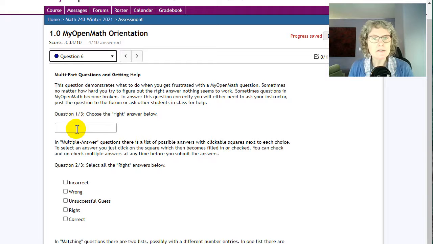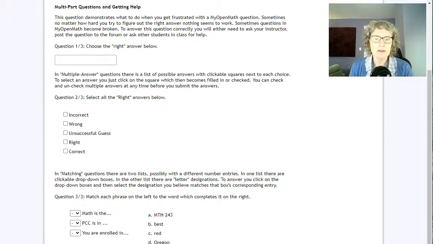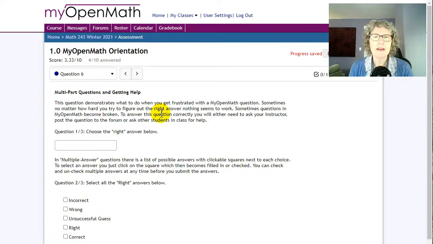This question 6 is a good question because it helps demonstrate what to do if you get stuck. There might be an error in a question, or sometimes they get broken. This is an example of that. There's actually no answer. You don't know what the answer is unless you post this one to the forum. So please, when you get to here, post this question to the forum. The link is at the bottom, and then I will reply with the answer. That helps demonstrate what to do if you get stuck, so you can practice that. Or if you think someone's already gotten to it, check the forum and the answer is probably there.